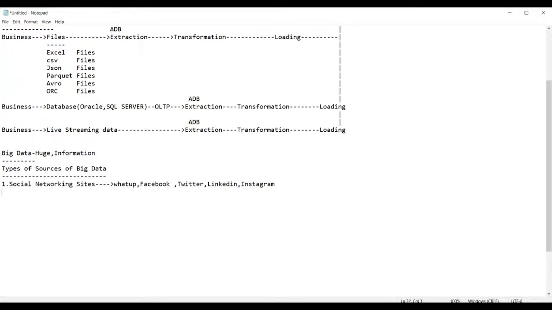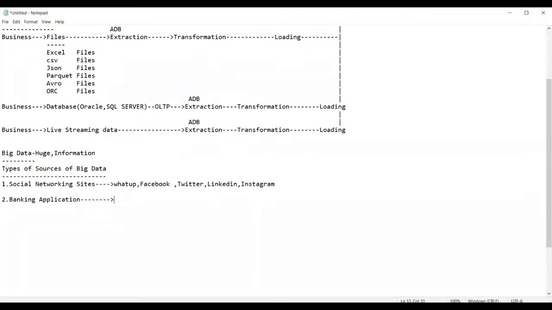Getting my point? Next, you have the second source, the banking application. Across the globe, banking applications are considered a major source of getting big data.